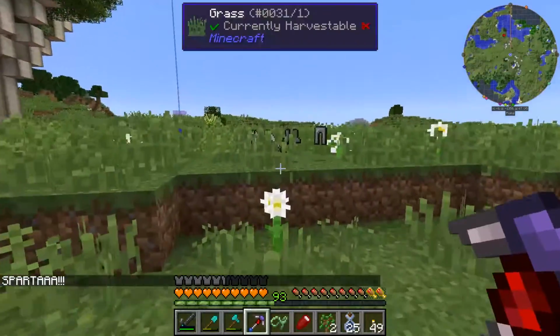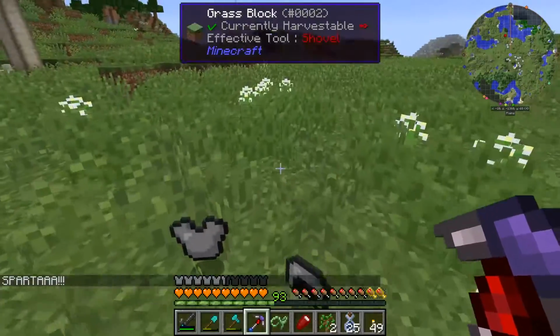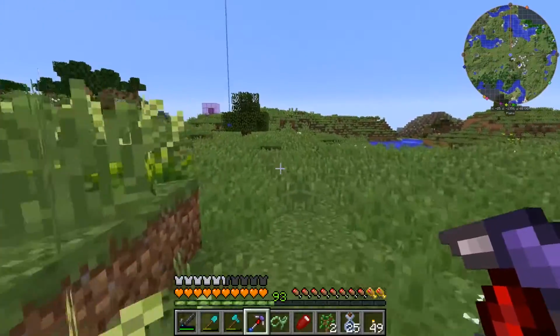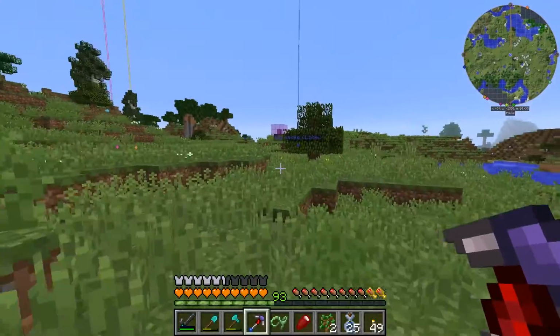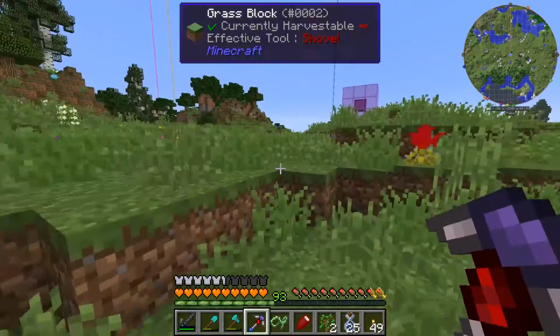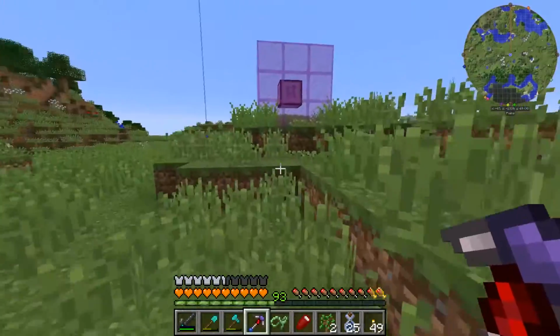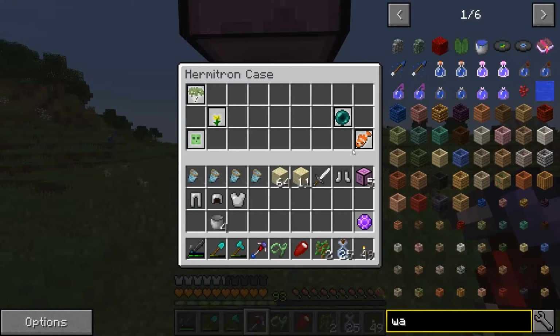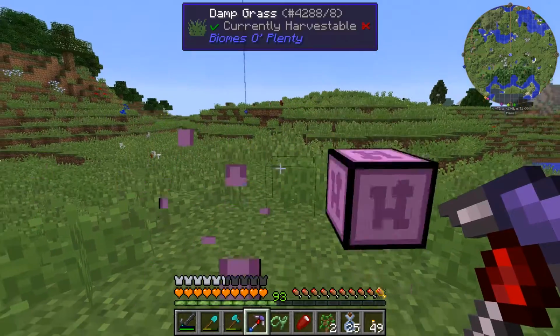Huh. Looks like it will be armor. Okay. Run over to this here, and we'll get it. This Hermitron, I'm not even going to open it. I'll open it back at base. No, I will open it. I'm looking for Mythic. I still haven't found a Mythic. And these are all commons, so...